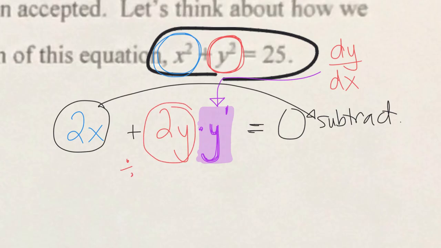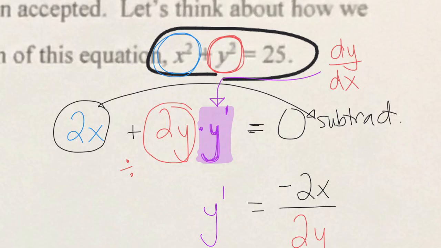That would be our last step if we were going to do this algebraically and we were actually writing down our steps one at a time. So the first thing we do is we subtract 2x, so that's the negative 2x over here. And then we divide by 2y, right? Because it's multiplied. So to undo multiplication, we divide. So one more simplification, we can divide both of these by 2, so we have the negative of x over